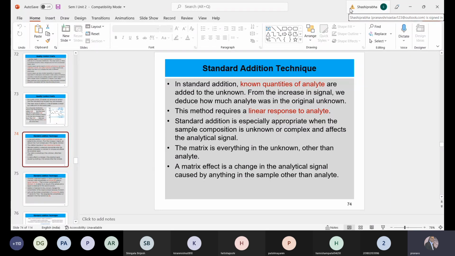This is how standard addition technique works. So, but इसमें भी ऐसा नहीं है कि आप कितना भी ले लो और कितना भी डाल दो। There is a limit to it. कि इसमें ऐसा भी नहीं होना चाहिए कि suppose आपका